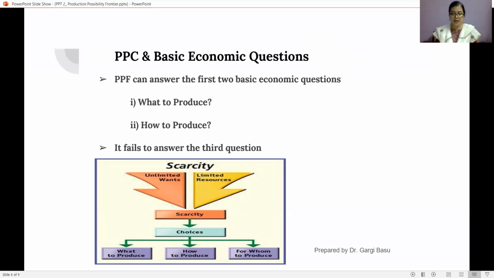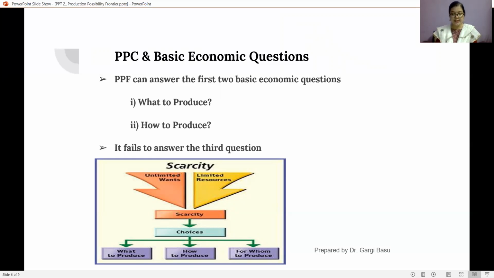As these points on the curve represent the maximum amount that can be produced with the full employment of resources, these points describe efficient combinations. The PPC highlights the second problem also, the problem of choosing the appropriate technique of production. All kinds of techniques do not produce the same level of output. Some techniques are more efficient than others in the sense that the former produces large quantities at lower cost.